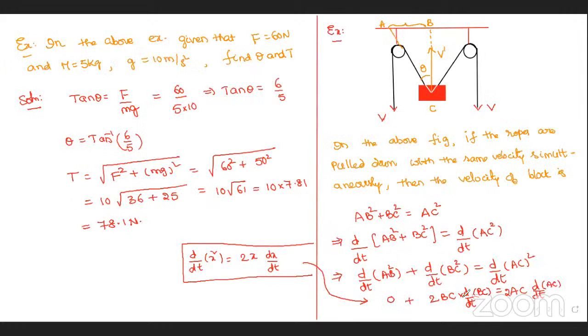Is it correct? 2 into BC into d by dt of BC, that is velocity along the BC line, that is V dash. Will you accept? Okay, right. And the other side is equal to